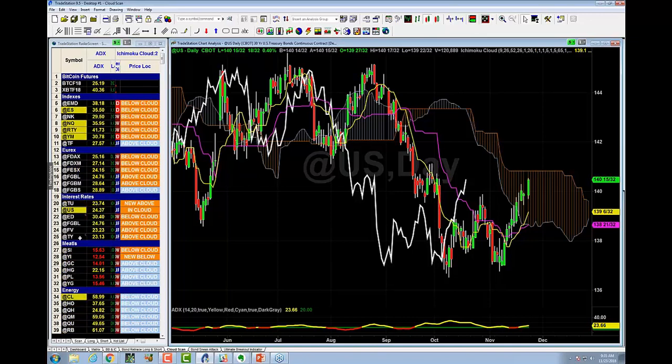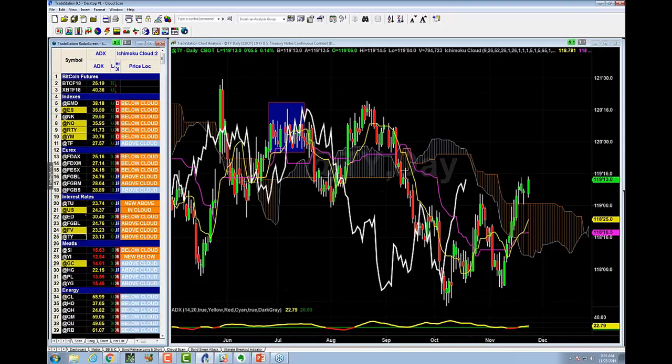All right, let's take a look at the 10-year note. 10-year note, long, short, or pass. This is a decent long. I've got 1, 2, 3, 4, 5 days above the cloud. Now, the lagging line has not confirmed it yet, so it may be a short-term long, but that's okay. It could potentially go as high as 120, maybe even 120.16. So that's a decent long there. All right, I'm going to keep on rolling down here.